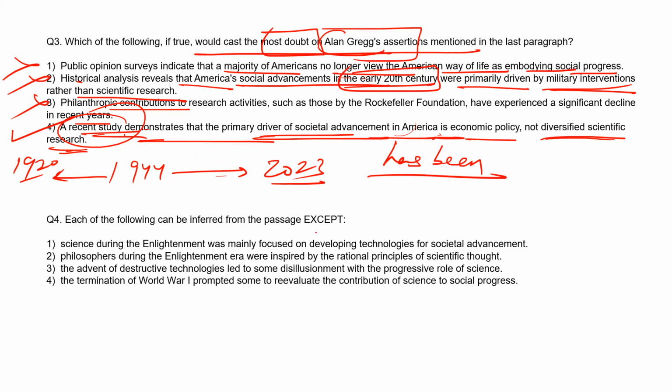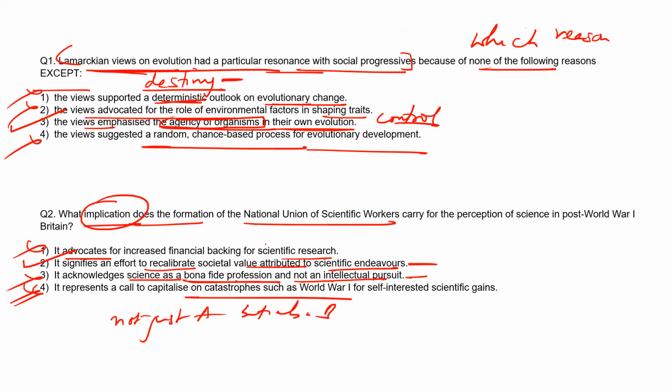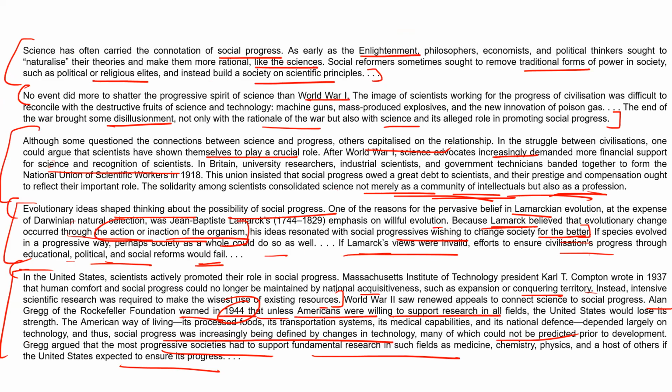Each of the following can be inferred from the passage except. So which cannot be inferred? Right? Science during Enlightenment was mainly focused on developing technologies on societal advancement. Mainly focused. देखते हैं. तो science क्या कर रहा था? Science carried the connotation of social progress. As early as Enlightenment, philosophers, economists, and political thinkers sought to naturalize their theories and make them rational. Social reformers sometimes sought to remove traditional forms of power, such as political authority, instead build a society on scientific